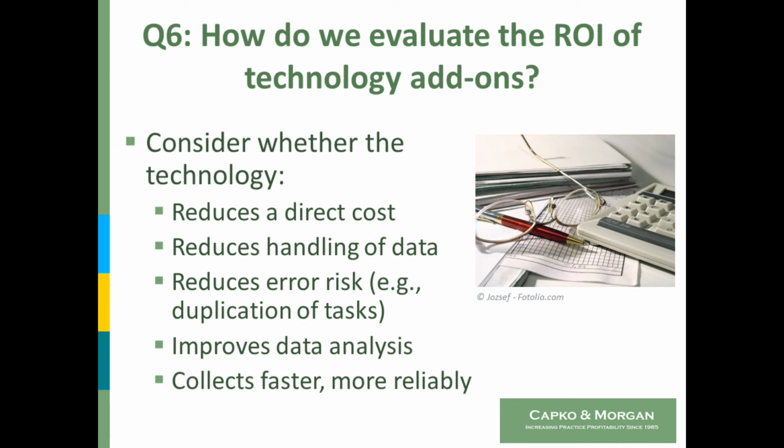Also the error risk, just entering that information. If a patient can enter their own registration information, usually they're going to get it more accurate than a staff member can, especially because it's often hard to read their handwriting when they have to write that stuff in on a form. It also improves your ability to understand how your practice is doing, because so many of the tools